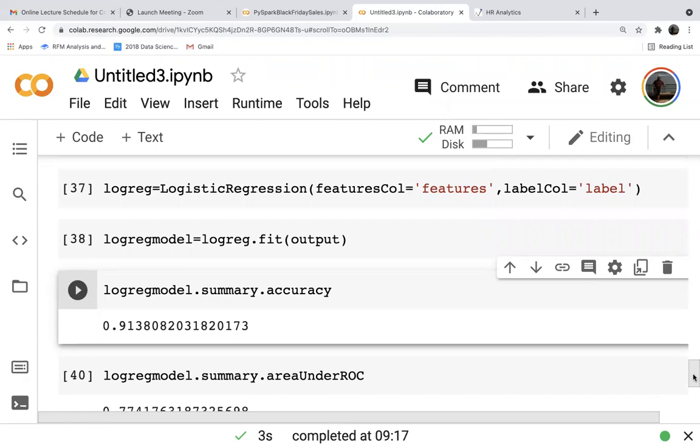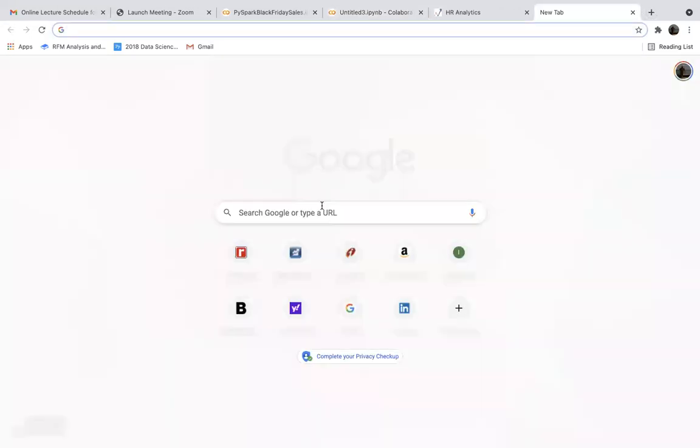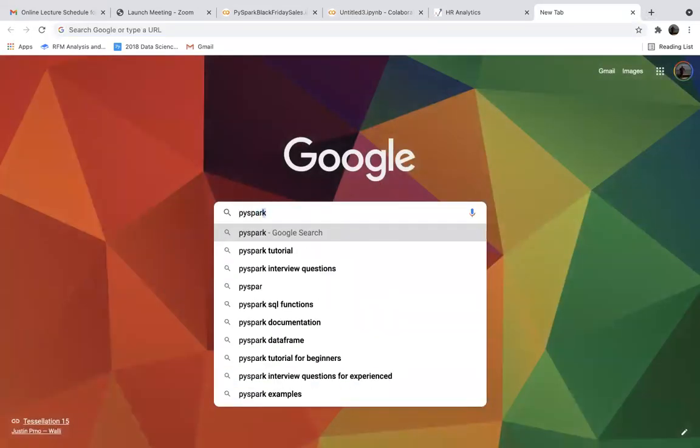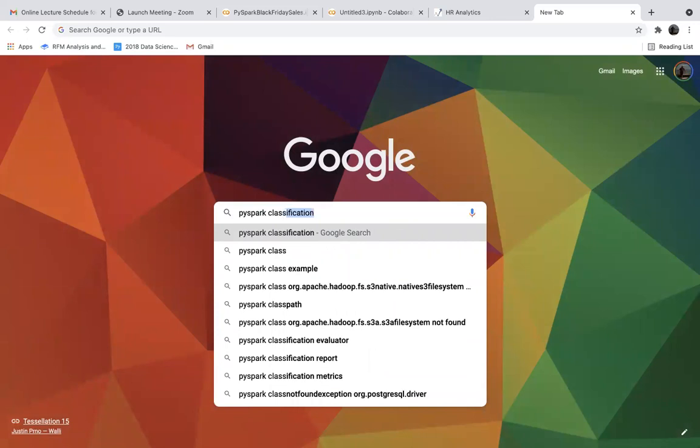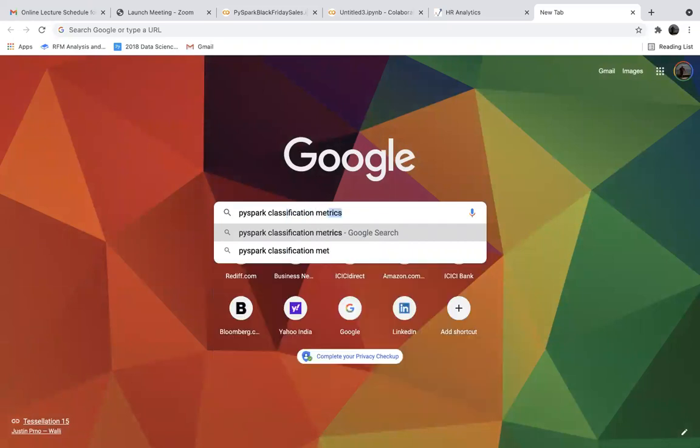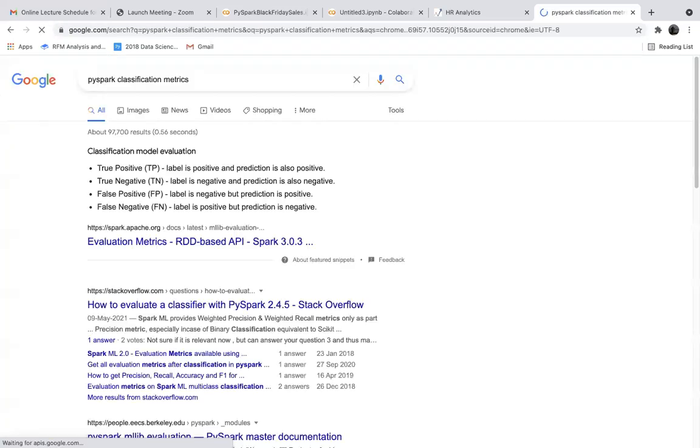I think there is something called binary classification metrics. Can anybody check in Google? PySpark classification metrics, evaluation.